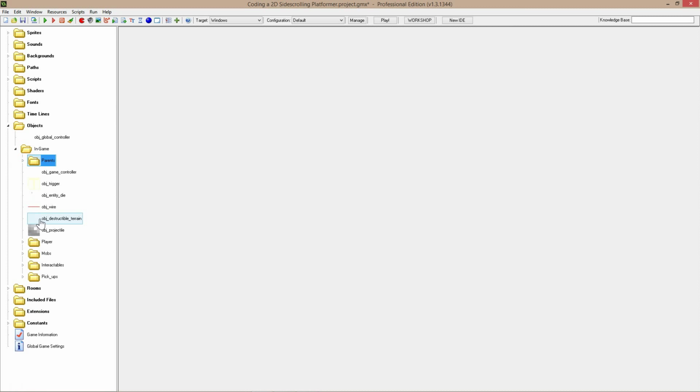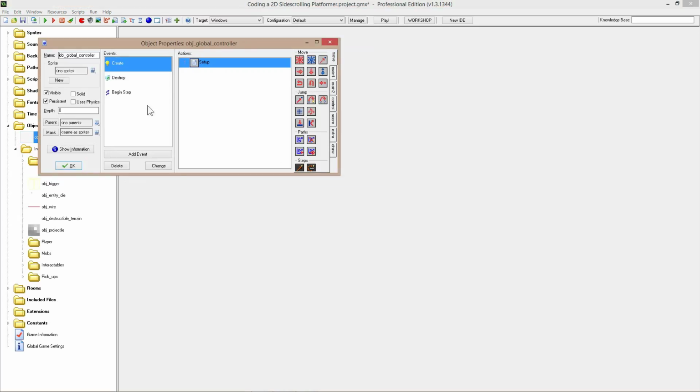So yeah, that's these resources. Then I have a couple of new objects and some changes in the objects. First and foremost, I had to fix some bugs in the